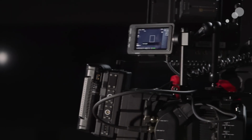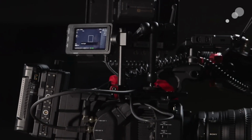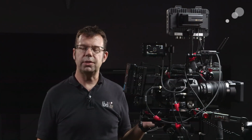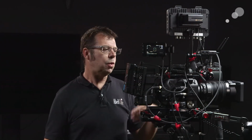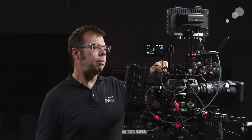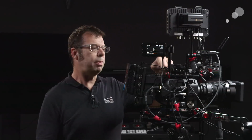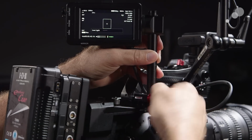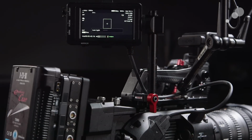For today's build, I'm using the Zacuto Gratical as my viewfinder, so that leaves me with the viewfinder that comes with the FS7. I can repurpose it. So what I've done is I've installed a top plate from Shape, and I'm using a Zacuto Micro Mini. This is a little clamp that has been attached to the top plate, and now it allows me to position this